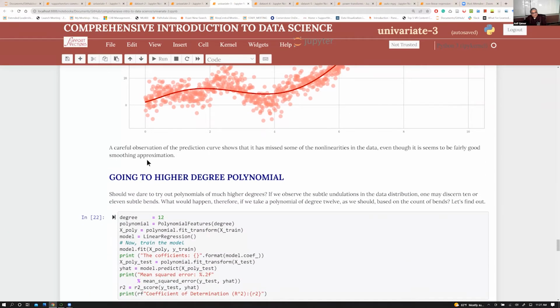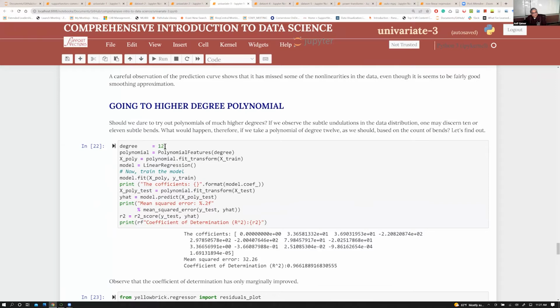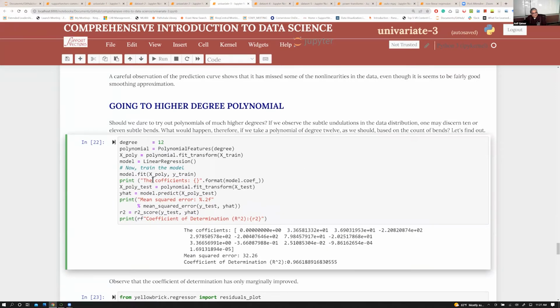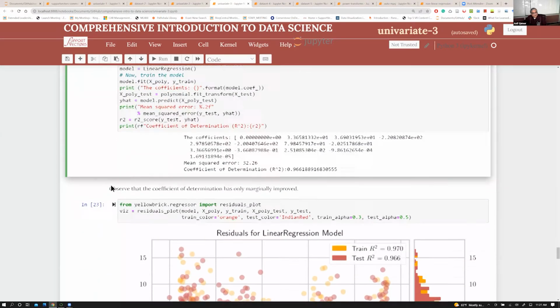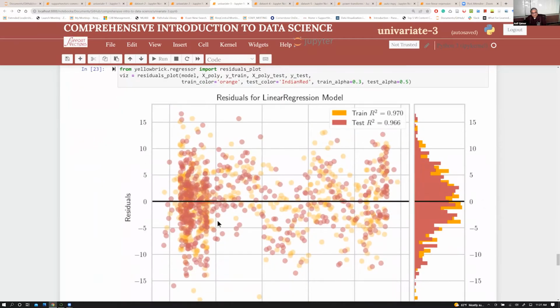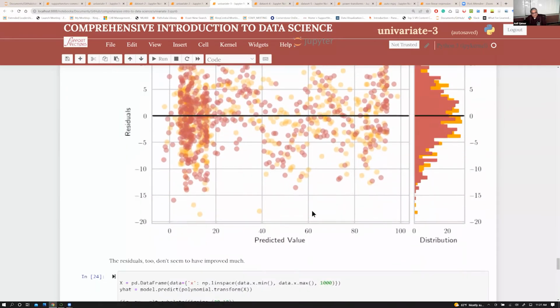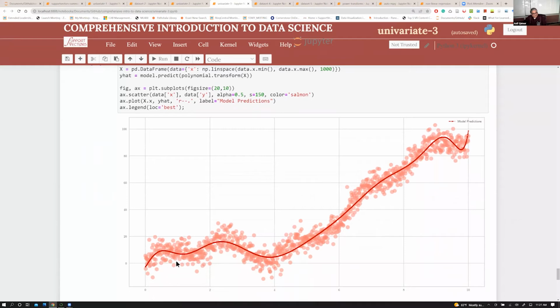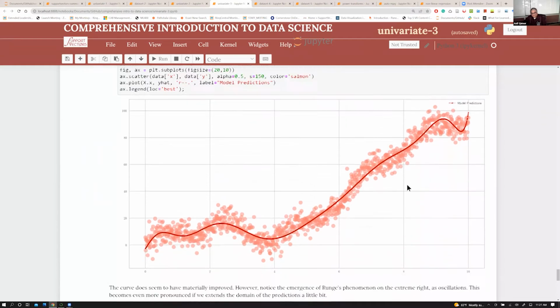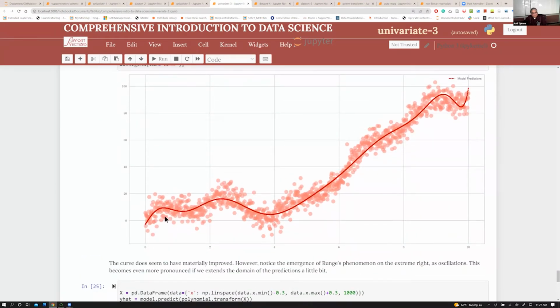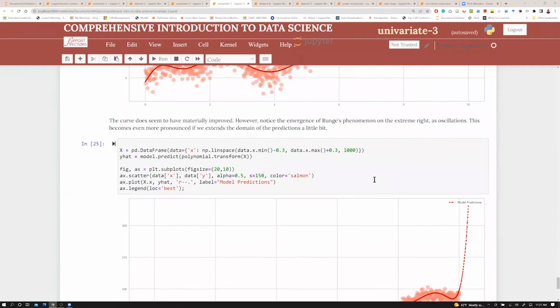What happens if you start going higher? Suppose you go to polynomial of degree 12. What happens is something very interesting. Your residuals are a little bit less, and your fit is better. Do you see that this is fitting better here? Right. Yeah. But